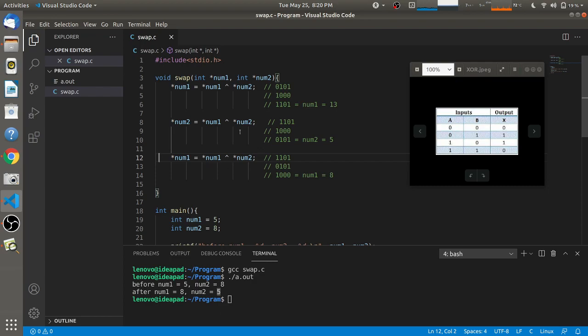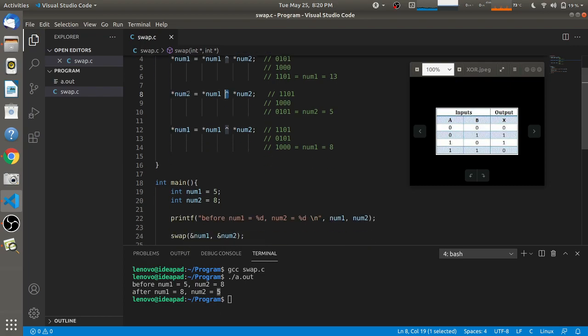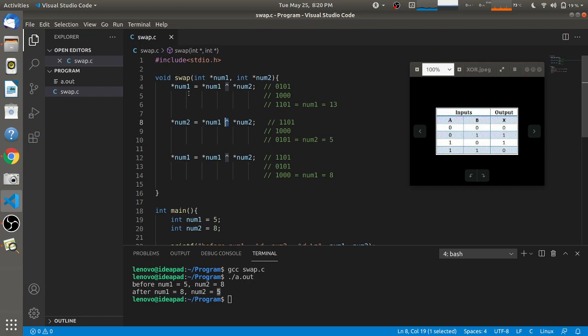In that way, using the XOR operation, values of two numbers are getting swapped, which is also done without a third variable. So this is the code you can use to swap two numbers using XOR operation.